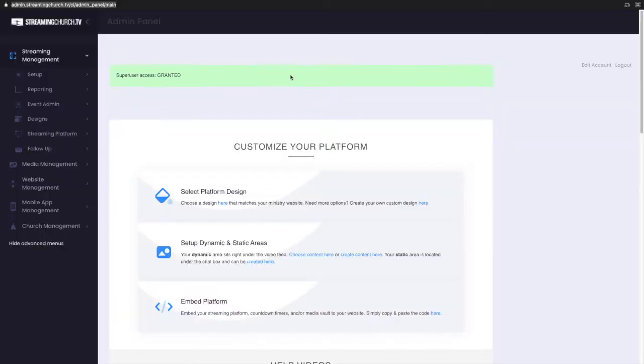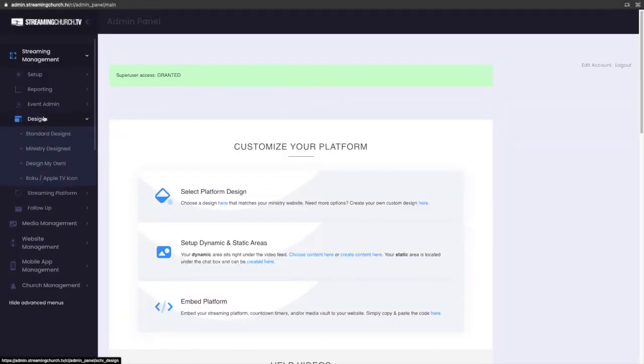Now, we've already talked about design. You can look under design in the admin panel. You can choose a different theme that's already been built, or you can build your own. We've already done that video. You can look back and see that. But today I want to talk to you about a few other player controls that you have at your fingertips